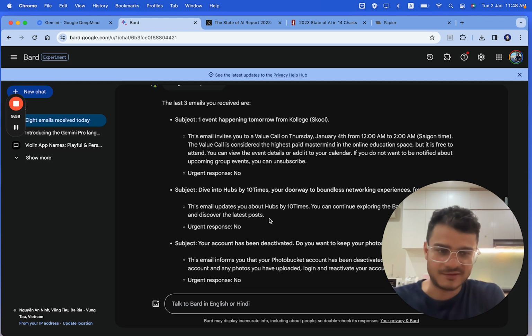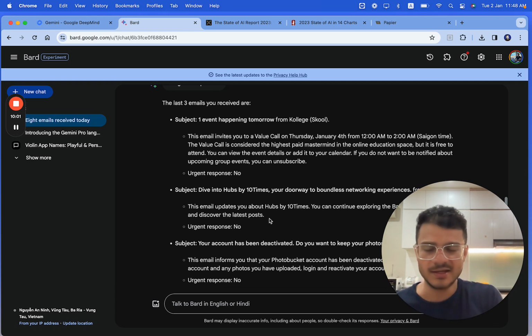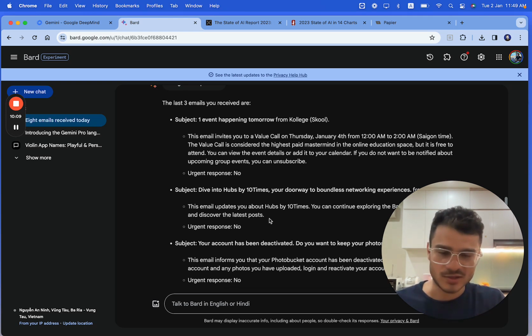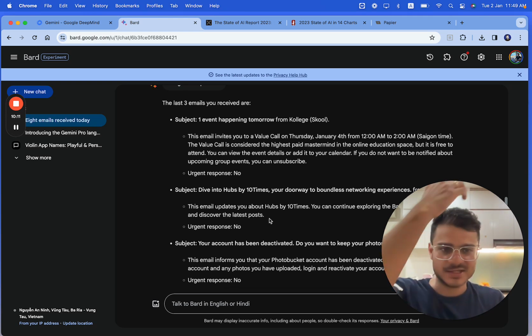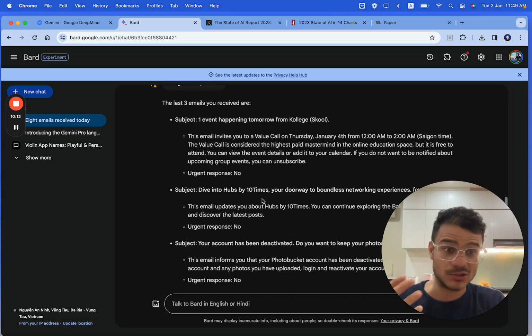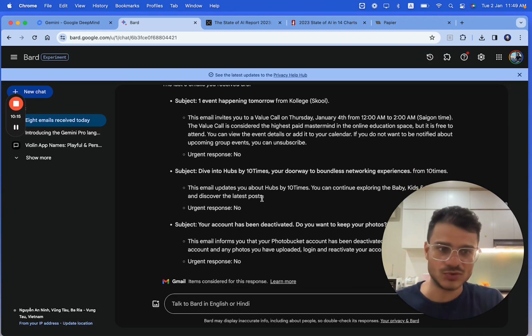But basically, if you have an inbox with 10 newsletters a day, you can publish 10 blog posts a day just by using Google Bard. And that's like a content empire that he's building on the side. Not me, but one of my friends. And this is something that I found an interesting use of using the Gemini model, which has access to your